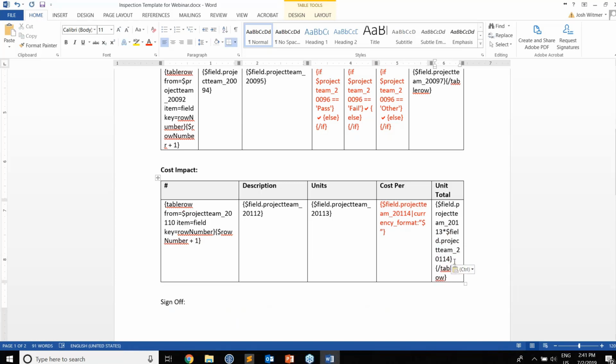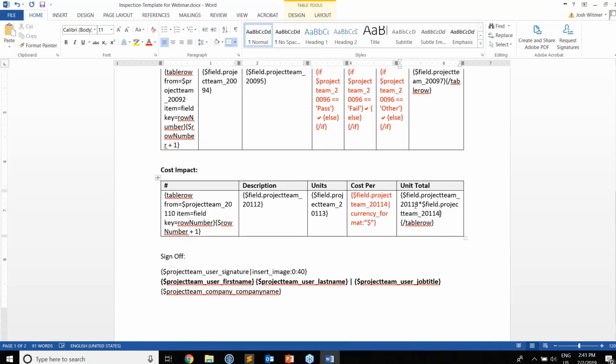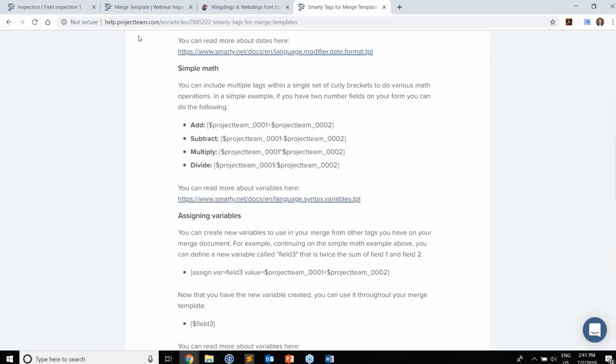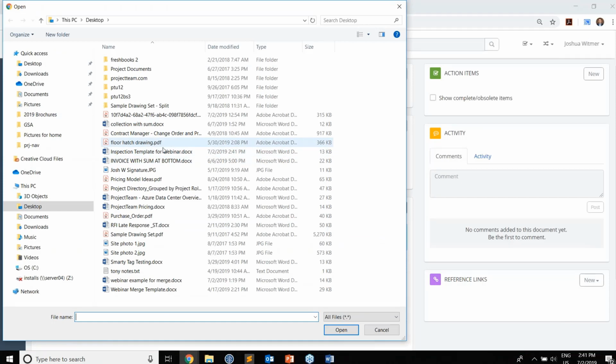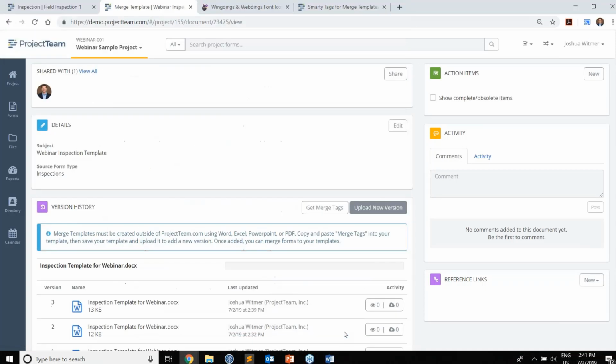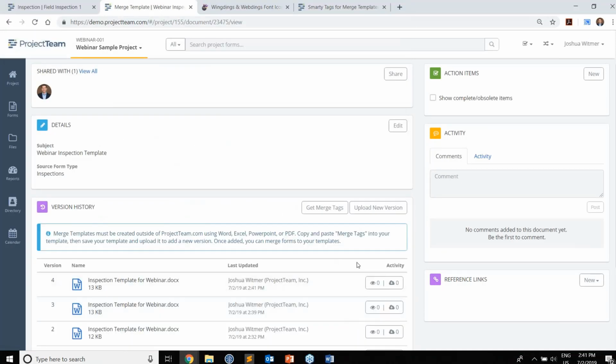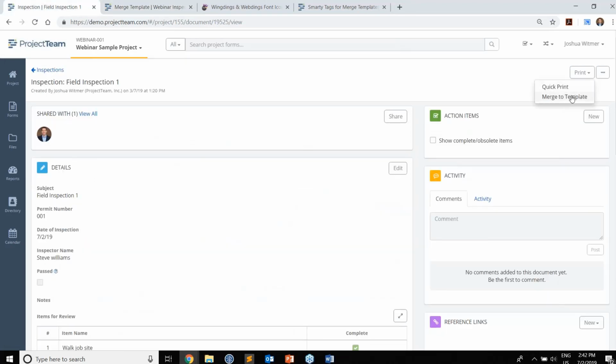Okay. Now I've got, oh, it's kind of small. So you can see this field times this field is what I want. Okay, so I'll just save that. Let's go back to the system here, upload a new version, do my inspection template for webinar. That gets uploaded in there. Go to my field inspection,